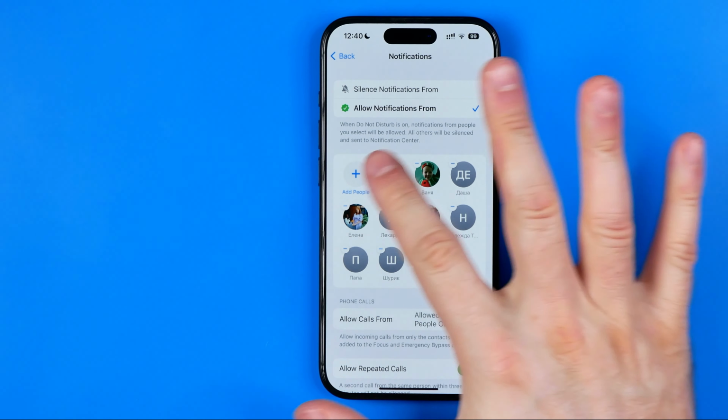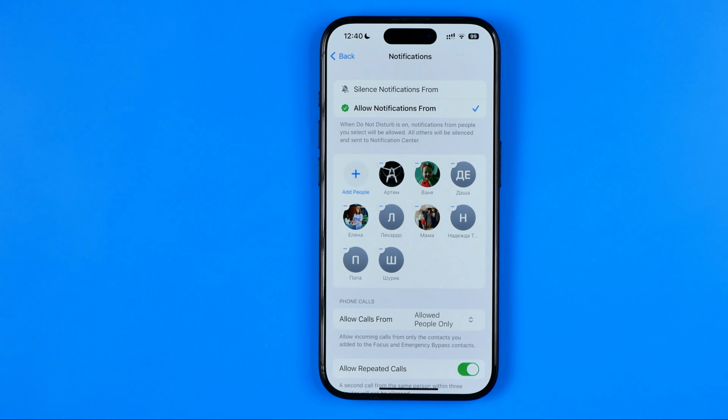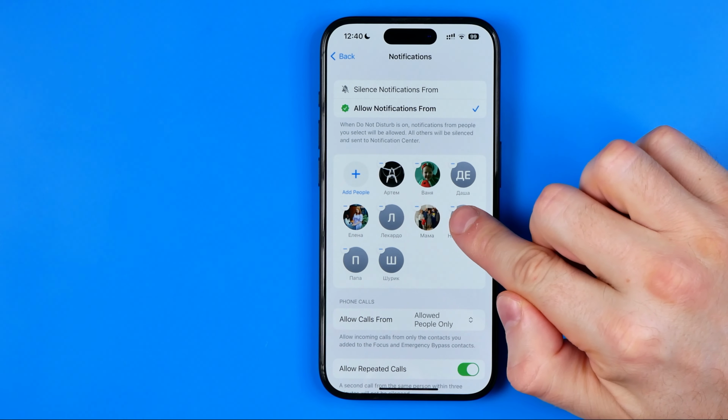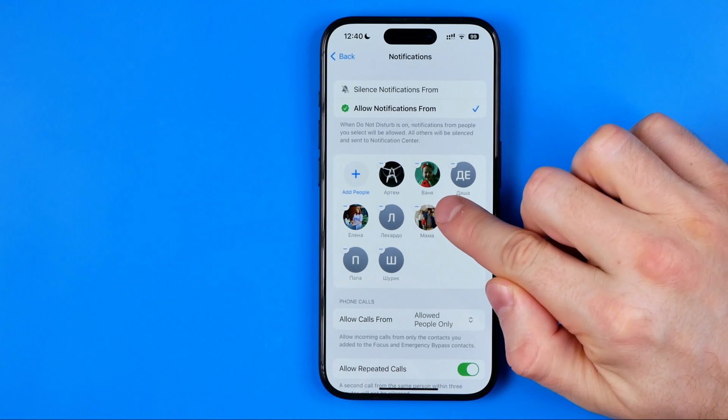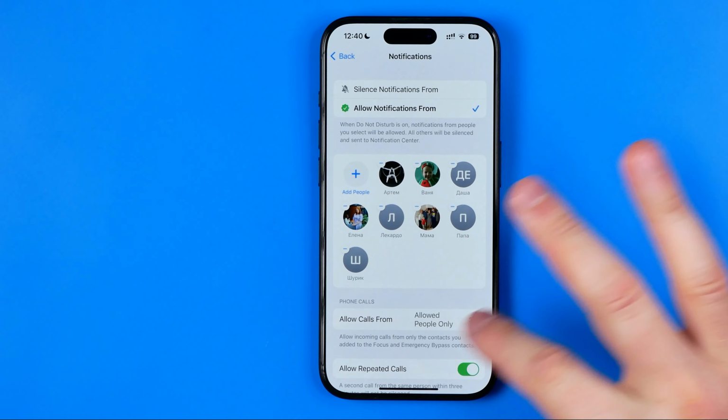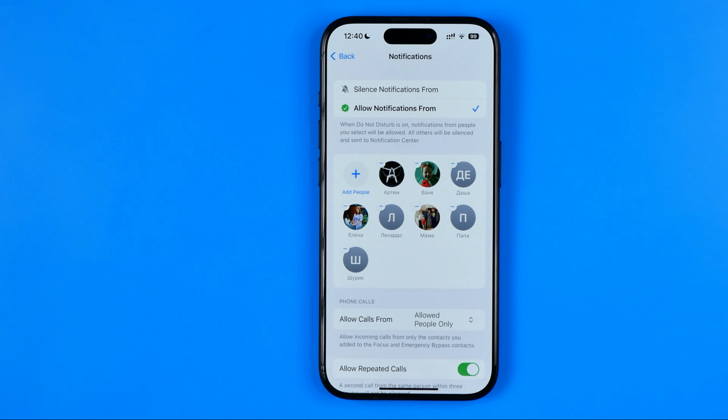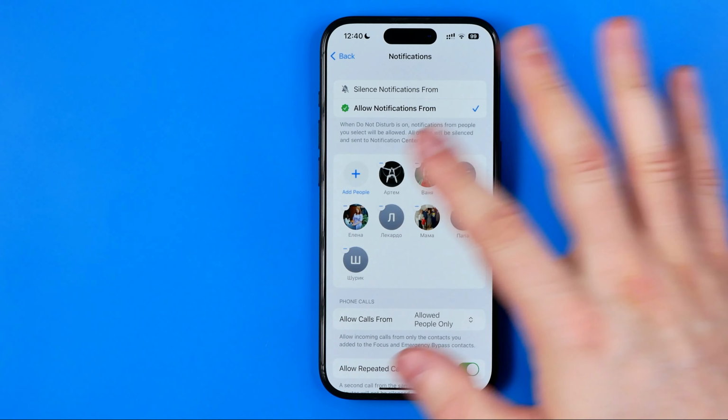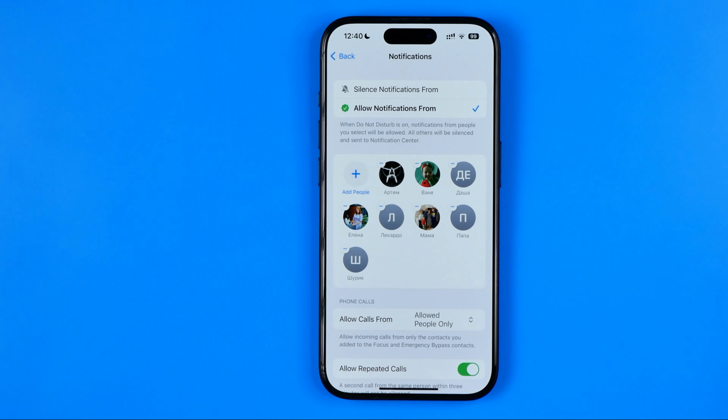And if you want to stop getting calls from a particular user, you need to tap on this minus sign to remove them from that list. If you want, you can easily remove all the users from here. And basically that's how we